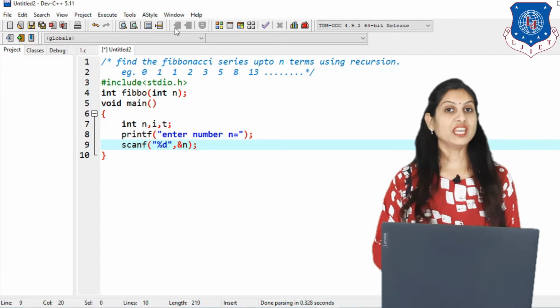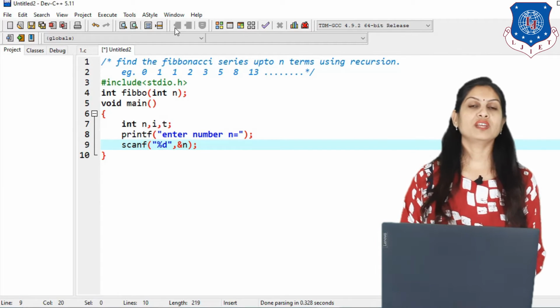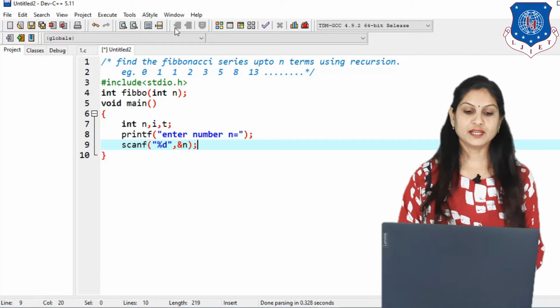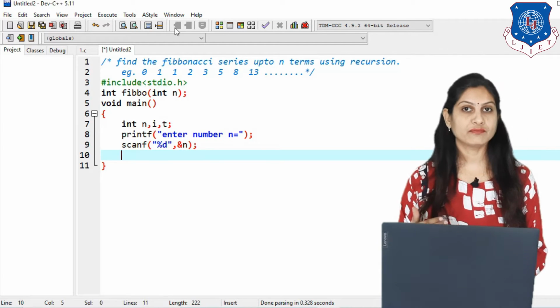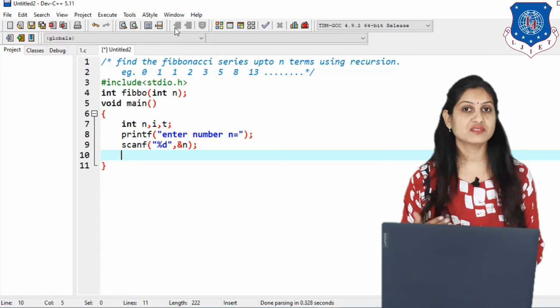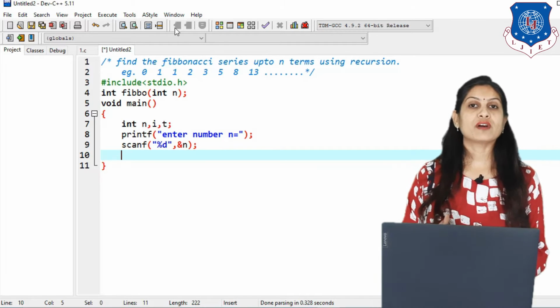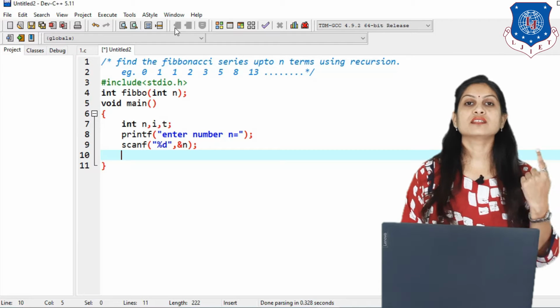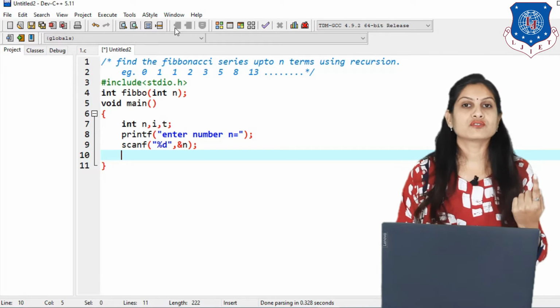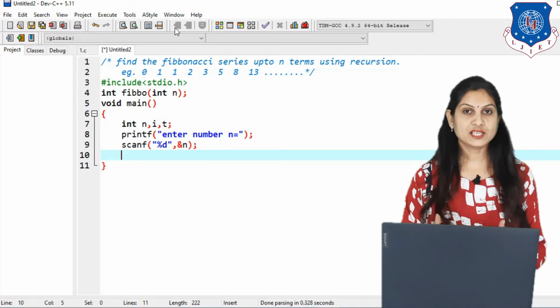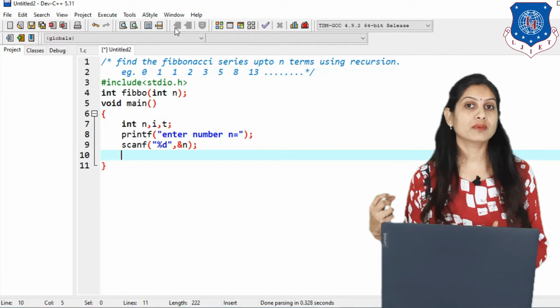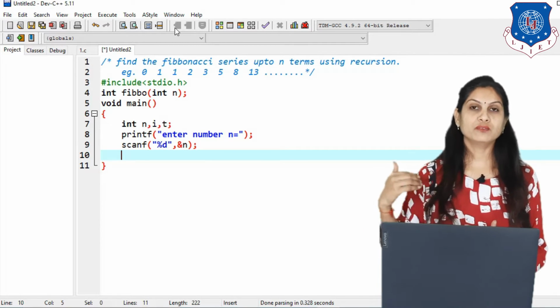Now this is the input part, and after input we have to call our function, Fibo. Before calling that function, our concept changes. Suppose you are finding the factorial, then your answer is only one value: the factorial of 3 gives 6. But in this case we have to find different numbers of terms: 0, 1, 1, 2.